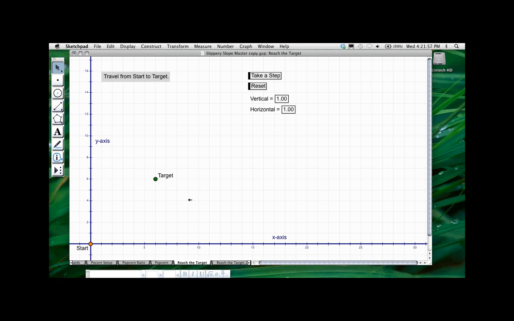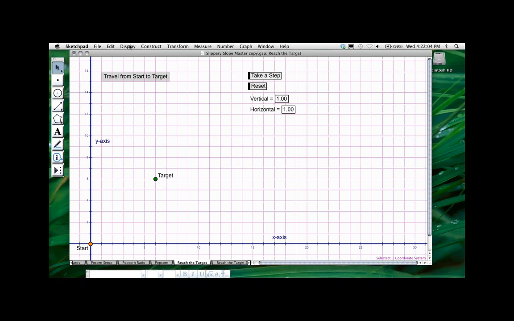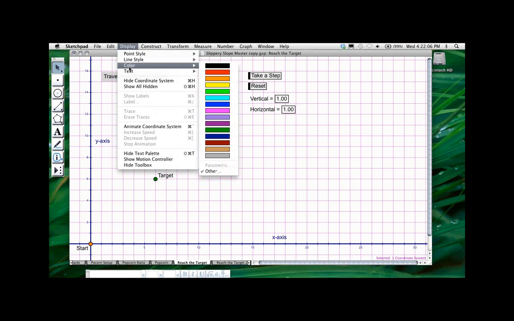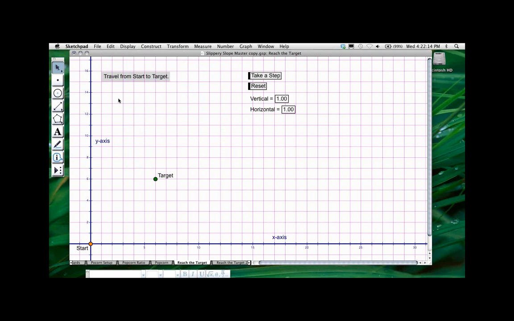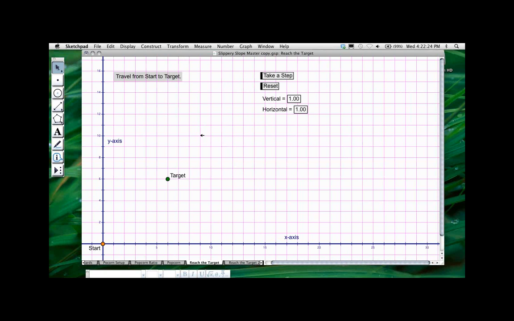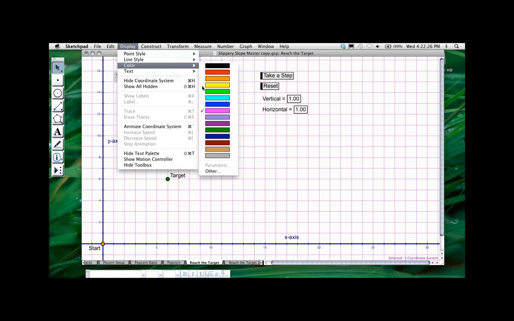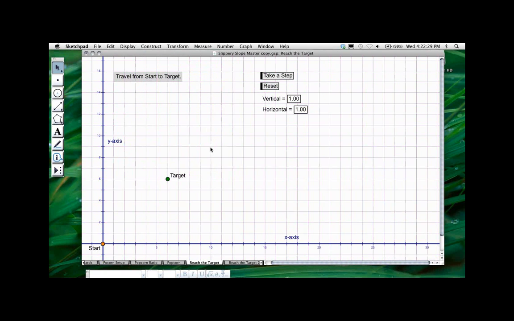we realized that this grid was very hard to see on the whiteboard. So I just wanted to show people that you can select the grid, and you can change the color just the way you could change the color of a line. You could pick something a little bit darker if you want it to show up better. It might be the same on a projector that you want a little bit of a darker grid. So you can change it to a darker gray, something that will show up, have a little bit more contrast